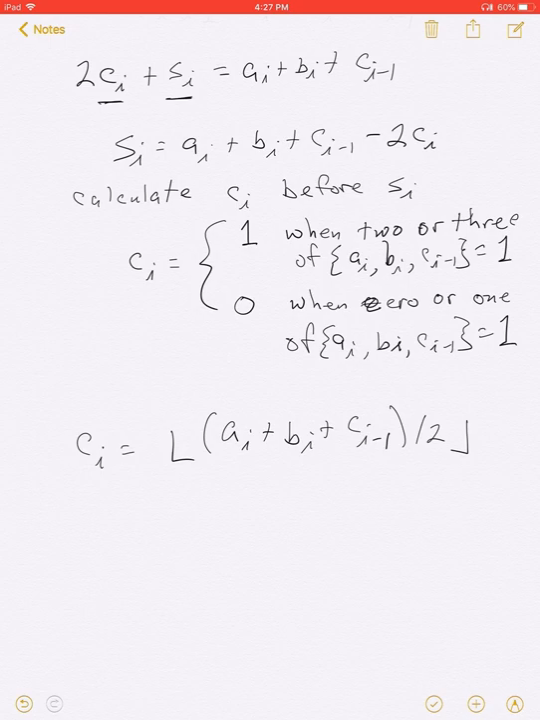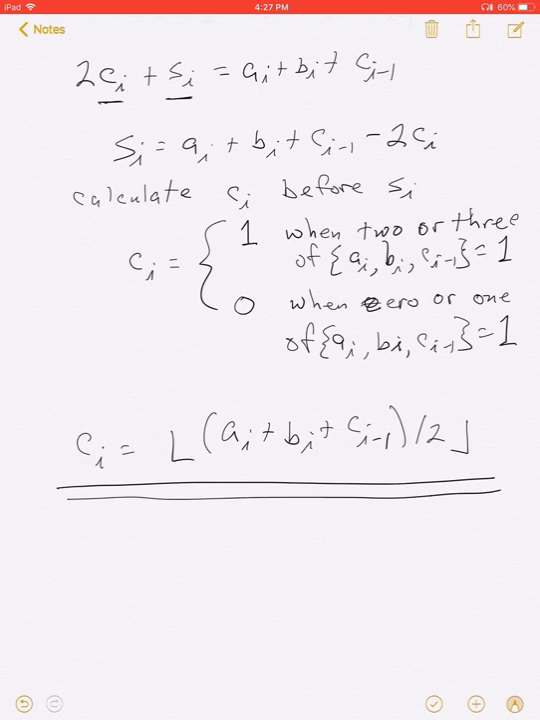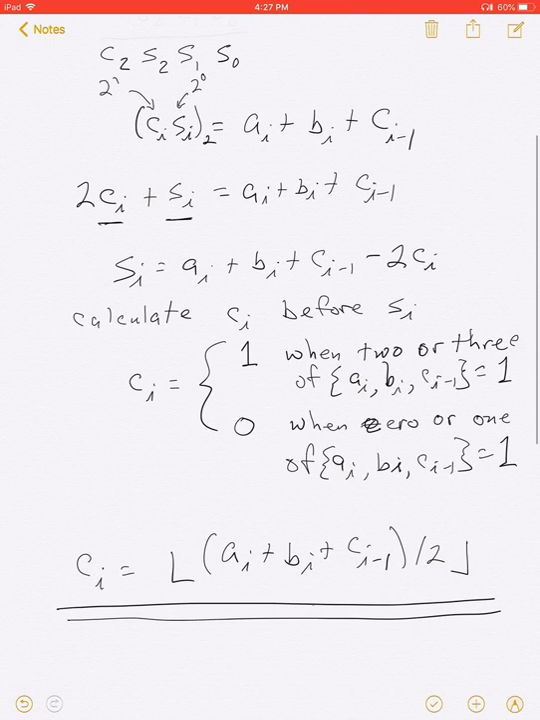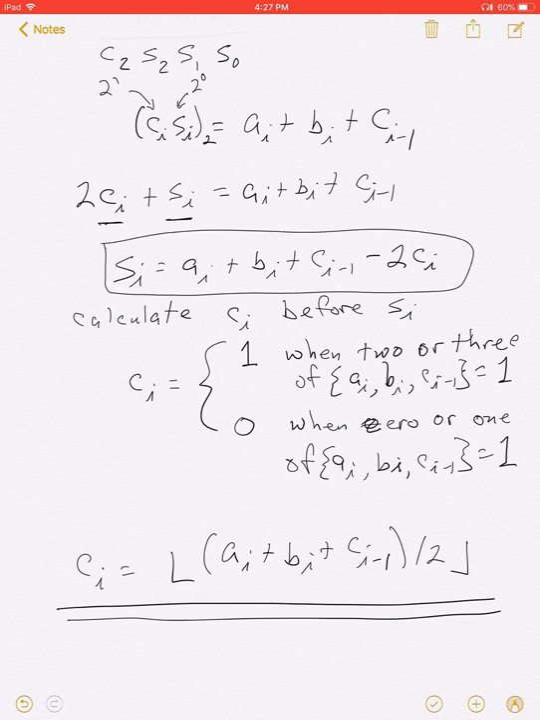So this becomes our expression for the carry bit, and then we can use it to calculate the sum bit. And now we'll go look